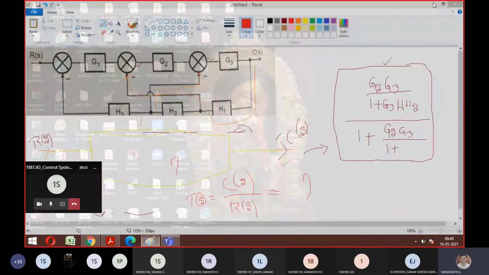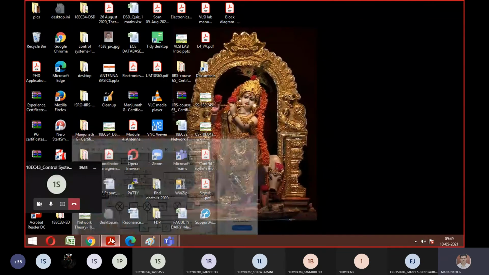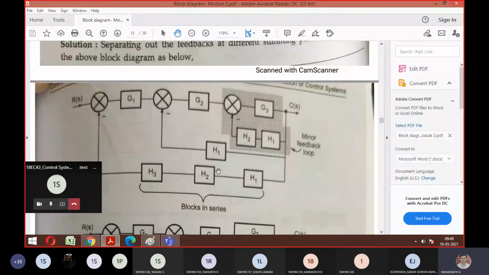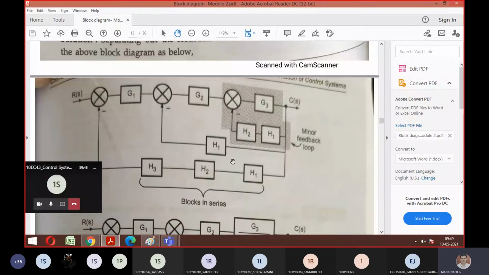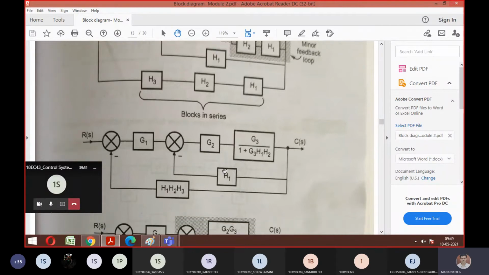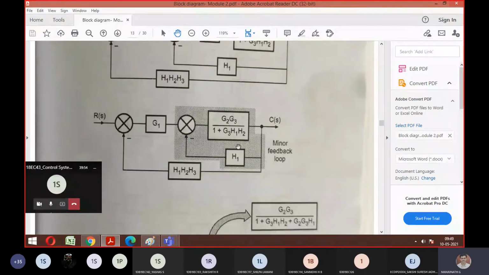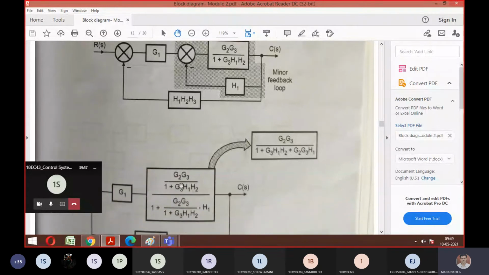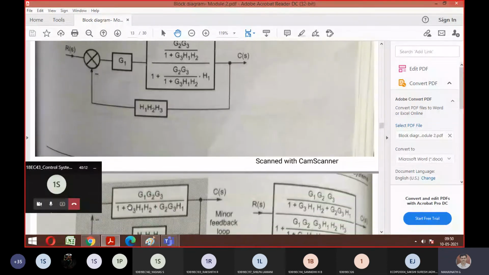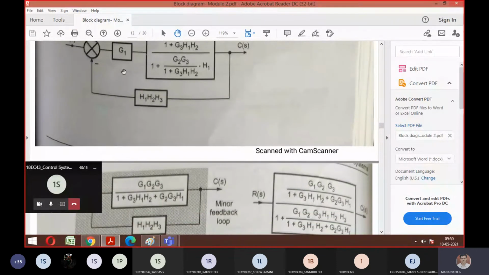So let me go back to that answer. This is the problem we have solved. You can look at the steps we have shown here. This is your step, splitting your feedback path, then elimination of the first feedback path. You can look at the answer here. Then again this is in series. Then again the feedback path. This is the inside answer. You can see the simplification, because your 1 plus G3H1 in the numerator of this and the denominator of this both will get cancelled. Then that simple answer they have written here with cascading to your G1.